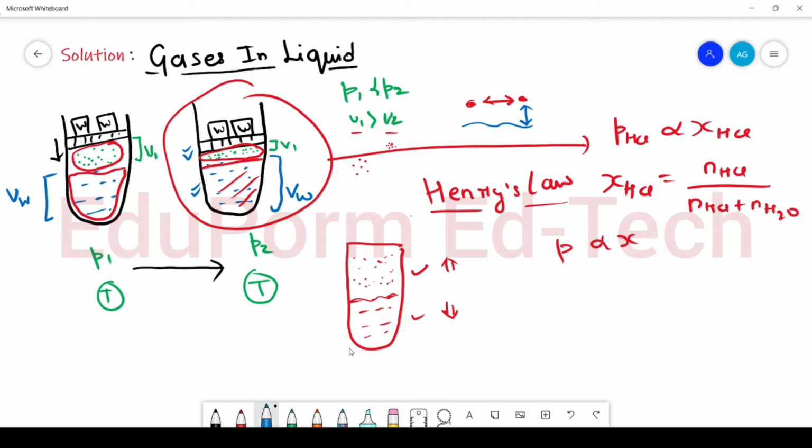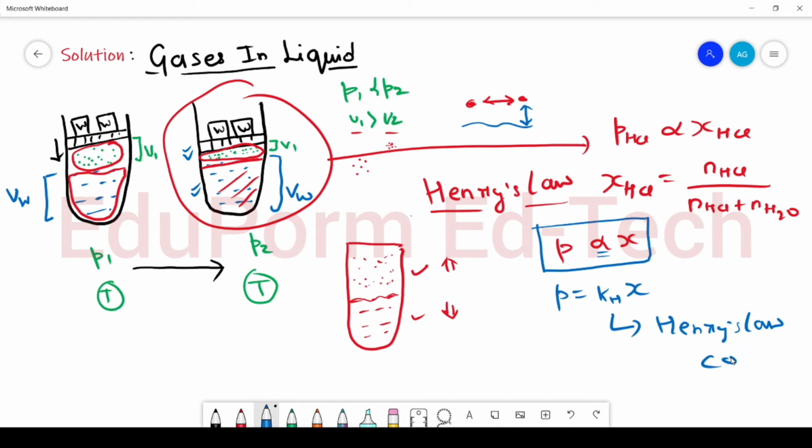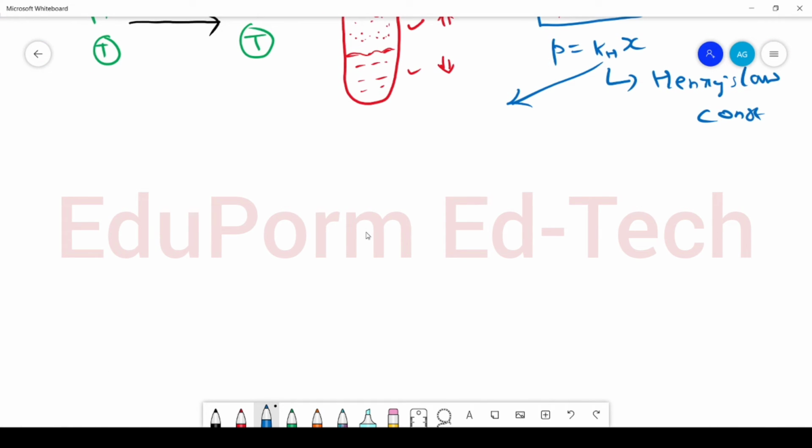So according to Henry's law, the partial pressure of gas present above the surface of liquid is directly proportional to its mole fraction in the solution, and P is directly proportional to X. When we get rid of this proportionality sign, we get a constant which is represented as KH. So P is equal to KH times X, where KH is a constant called Henry's law constant. The value of this KH is different for different gases, and the graph can be shown as